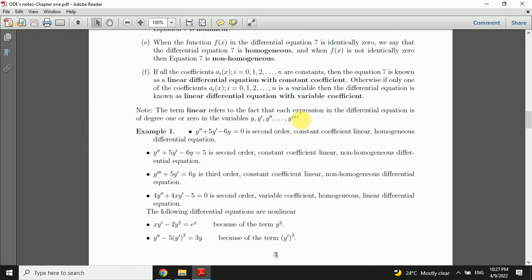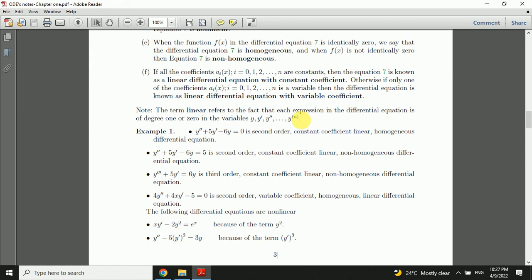Just look at the highest derivative. The power of the highest derivative should be 1, the power of the next derivative should be 1, and so on. So the moment you have any derivative raised to some power, then that one is not a linear